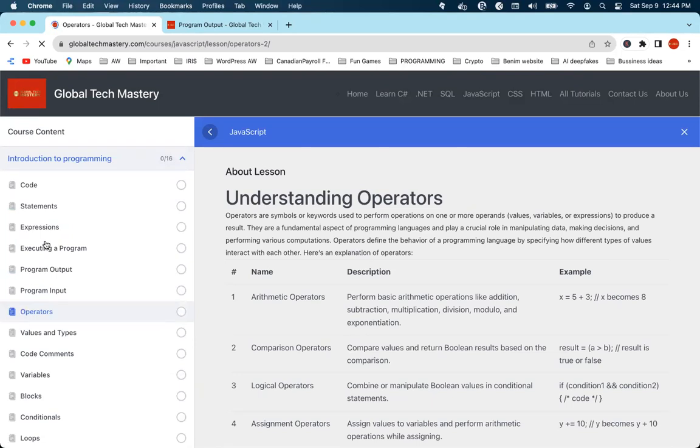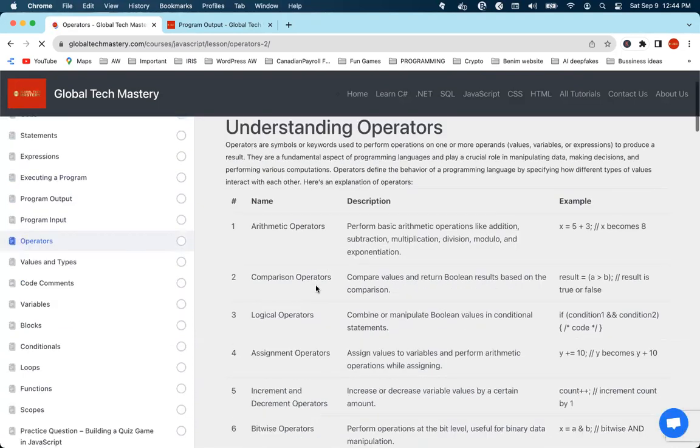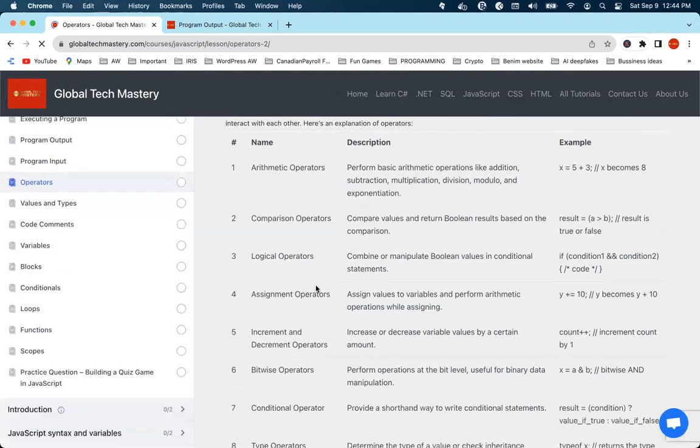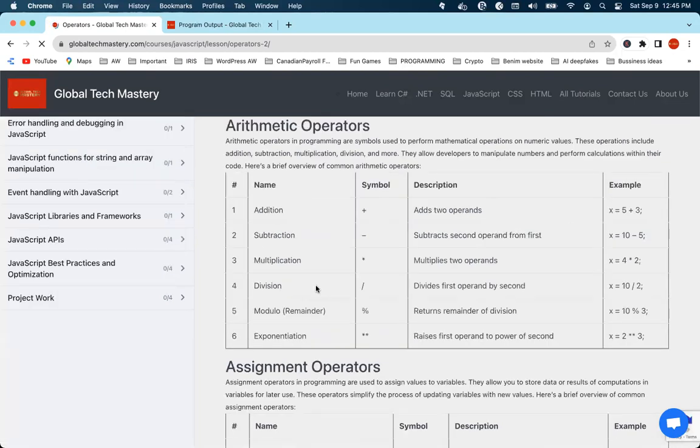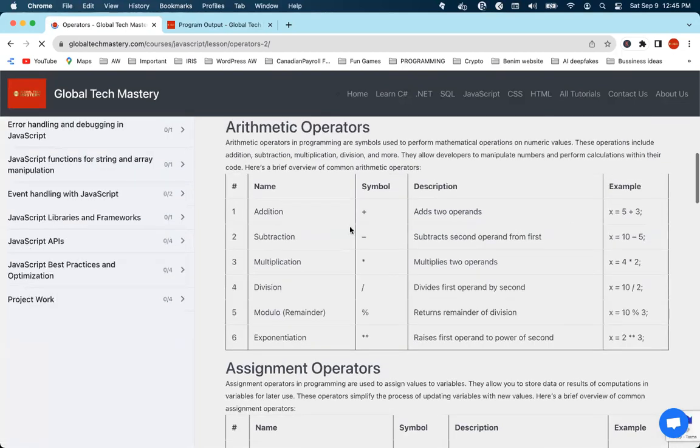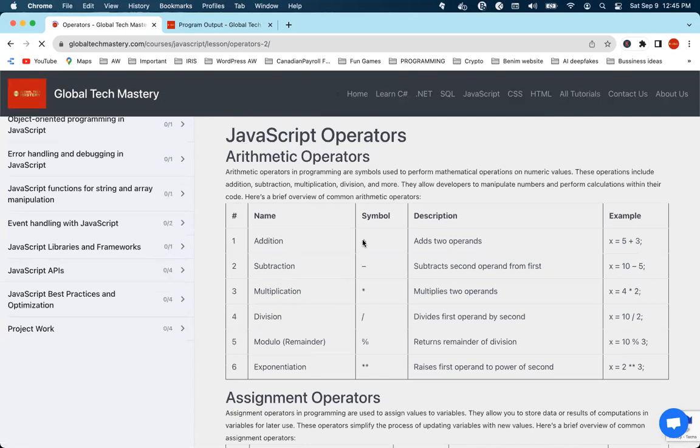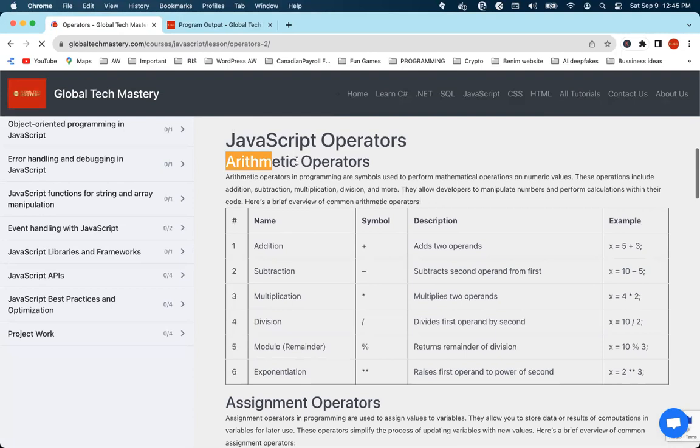Isn't it plus and minus and multiplication? Yeah, pluses and minuses, multiplications. If you want to add numbers in code, you know. But mostly what is important is these keywords: arithmetic operators,